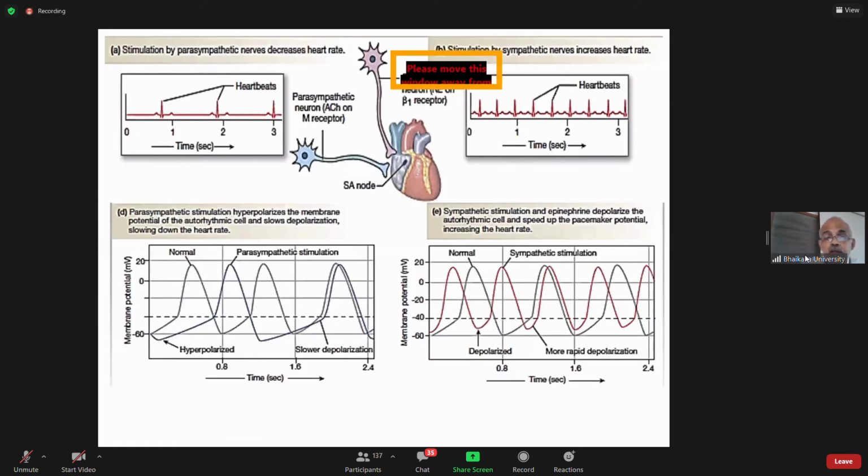We also have seen that sympathetic stimulation is excitatory. It causes increasing slope of the diastolic depolarization of the pacemaker potential. Rapidly firing action potentials increase the rate. Whereas parasympathetic stimulation decreases the slope, makes it slower and decreases the rate. So it decreases the heartbeat.